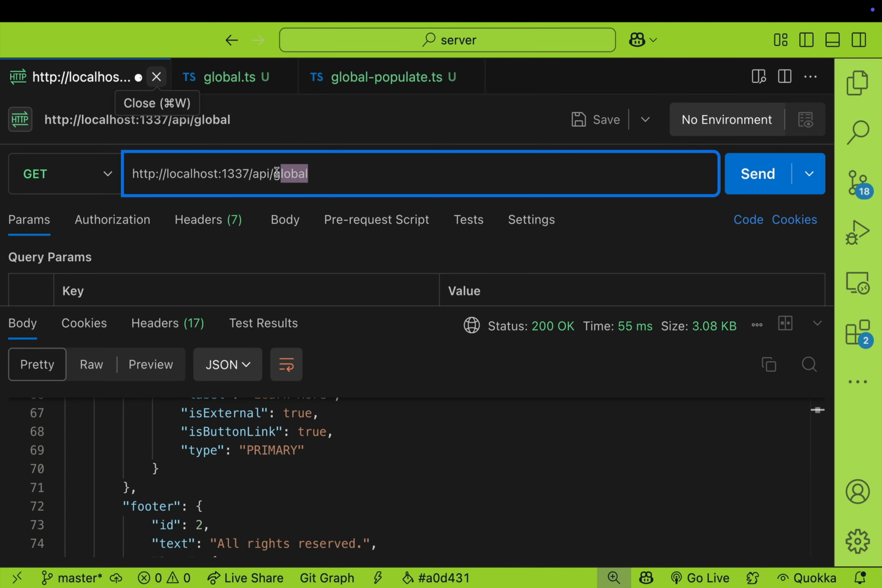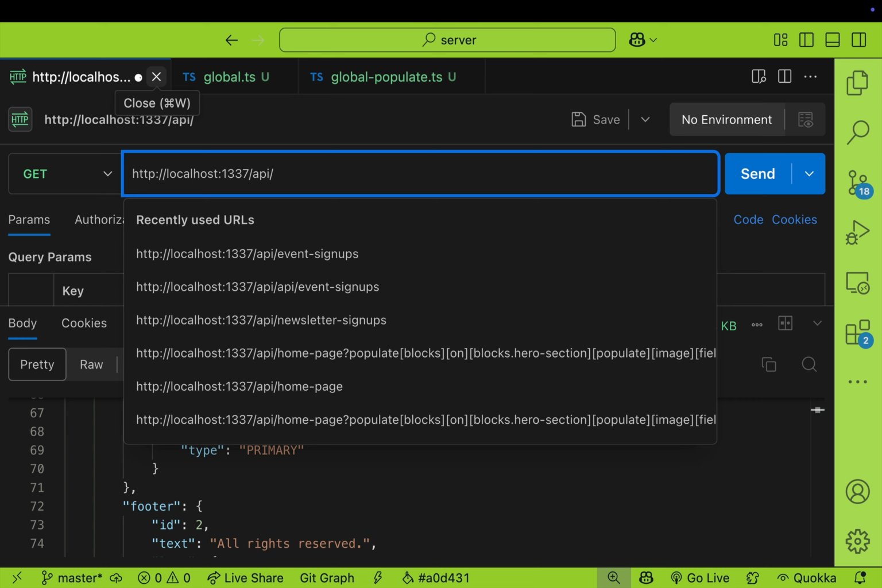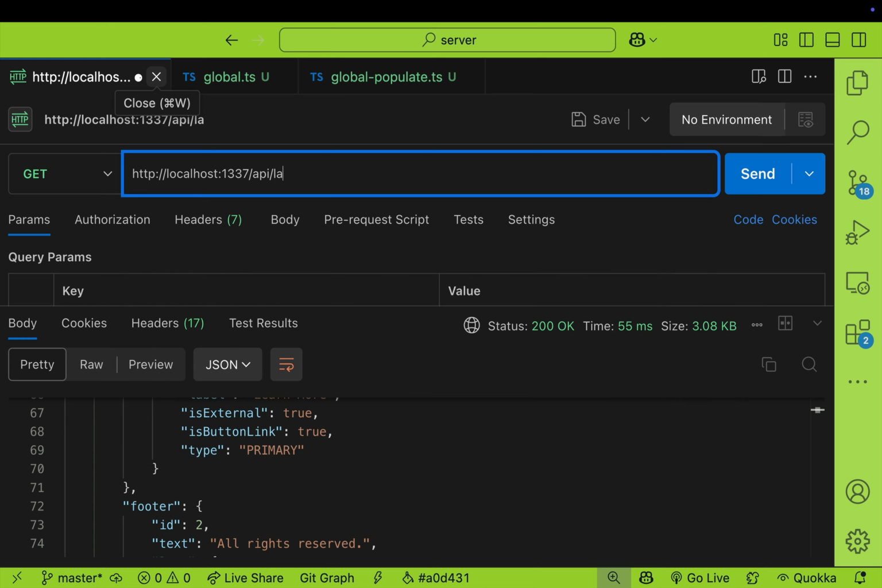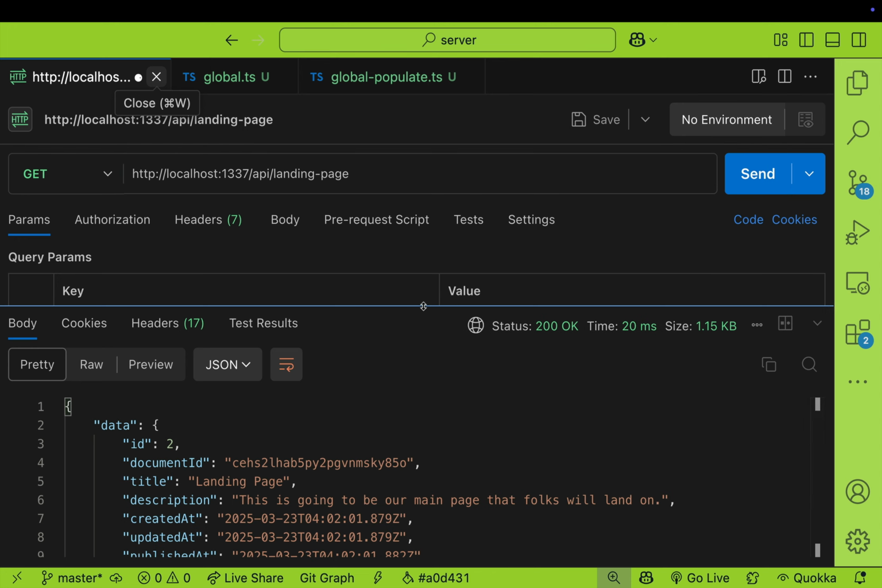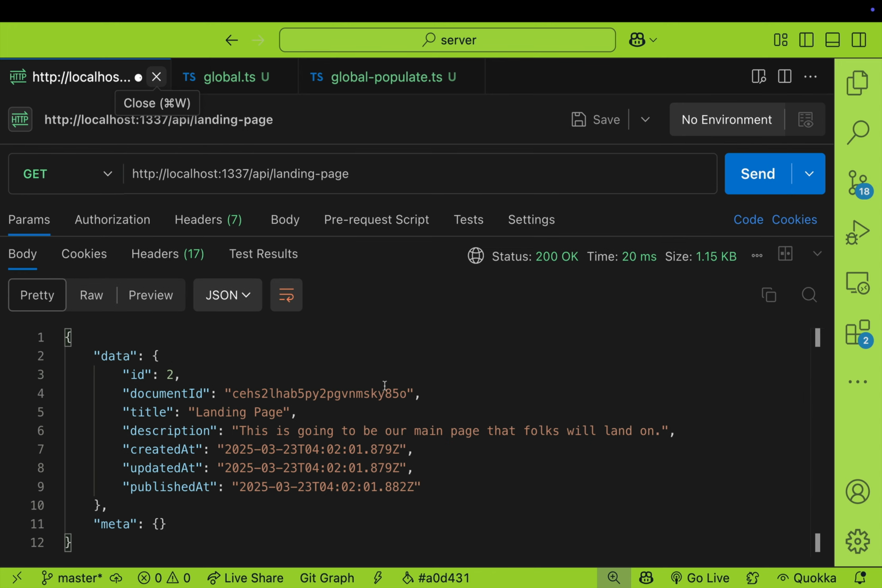So now in Postman, instead of making a call to our global page like we did in the past, we're going to say landing page and click send. So notice we are getting our data from the landing page because we see here our title and we see our description. But now we want to make sure that we add a way to represent our different sections on